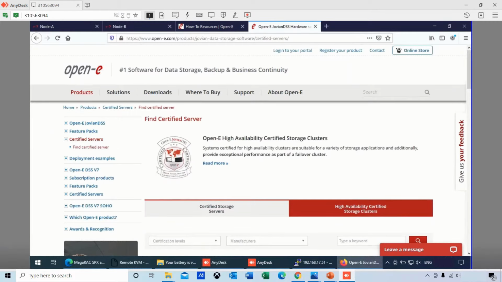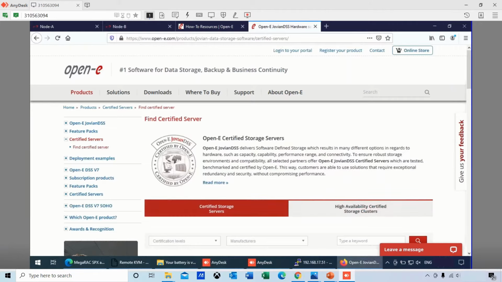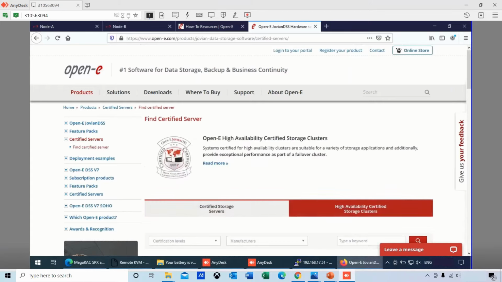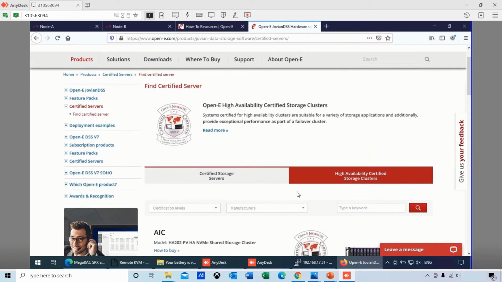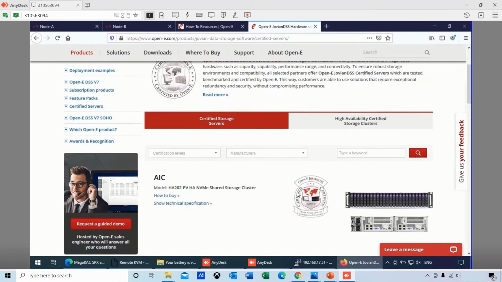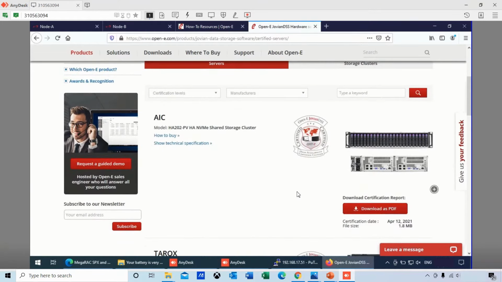Before we start going into the GUI and peruse a little bit of it and demonstrate it, I did want to bring up that this is the certification for all the products and servers from our vendors and resellers. If you go to find certified servers and click here, you'll see hundreds of different systems listed. You'll see AIC, the one that was done in April of this year.